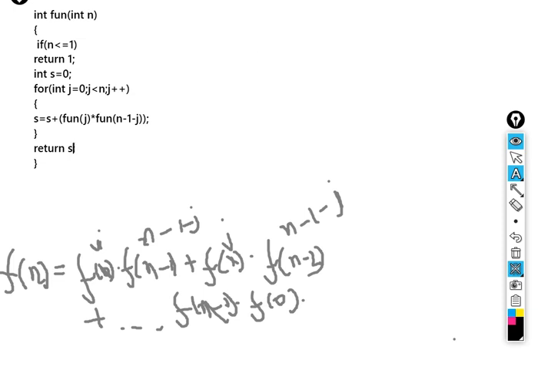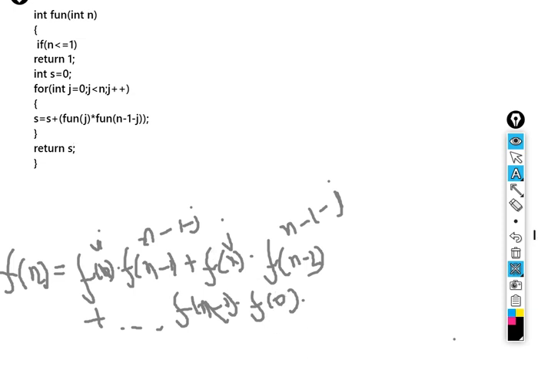So I guess we are almost at the end of the recursive solution. Now how will I convert this to dp? You can see we have f of j and f of n minus 1 minus j, and from here we could clearly see that f of j also occurs at this end, and f of n minus 1 occurs in this part. Similarly every element occurs in the initial part and then in the final part.